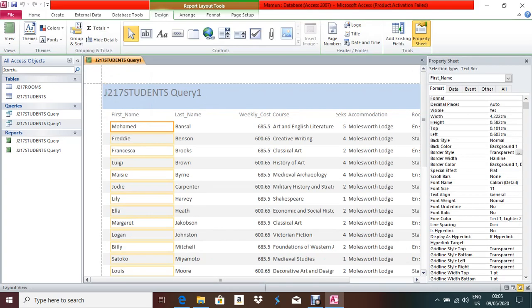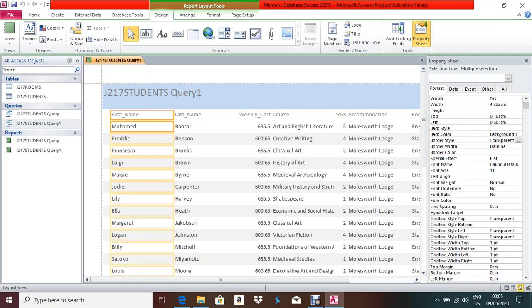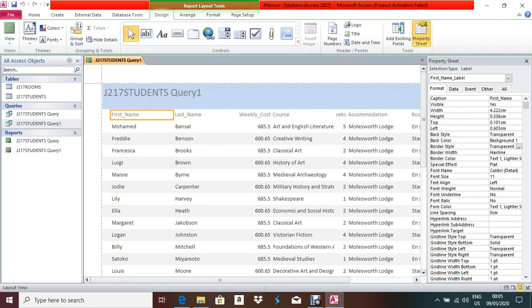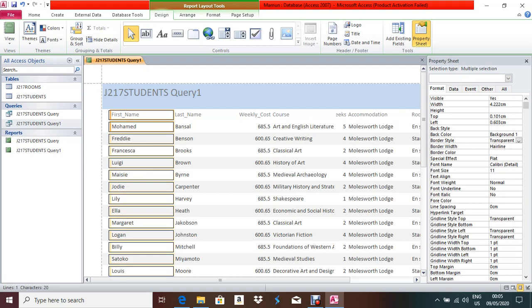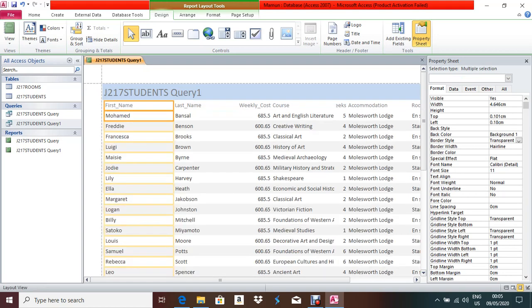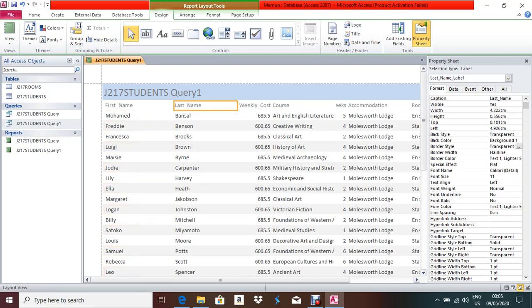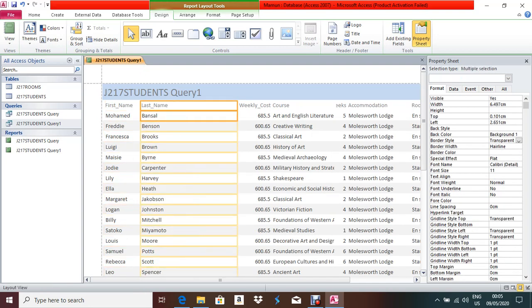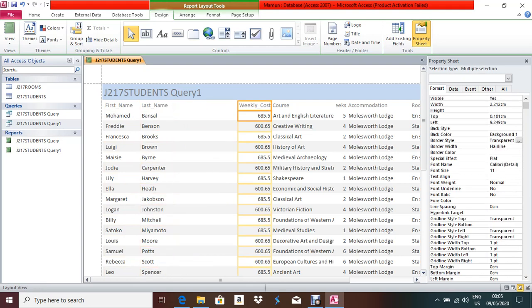So first name, what you will do, select the first name field name, and then press the Ctrl button, select the value. Now make it a little bit left side and make the field size a little bit small. Like last name will be left side, make it here. Weekly cost should be left side.